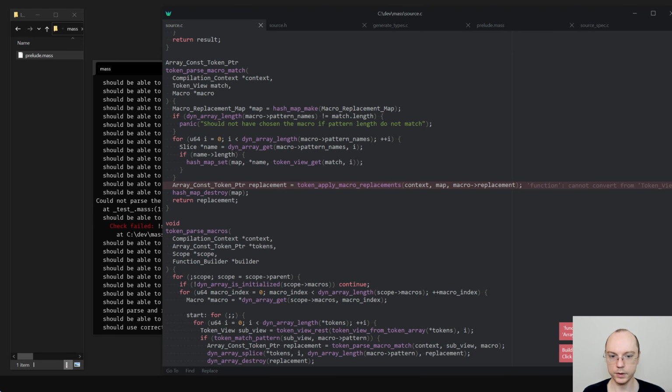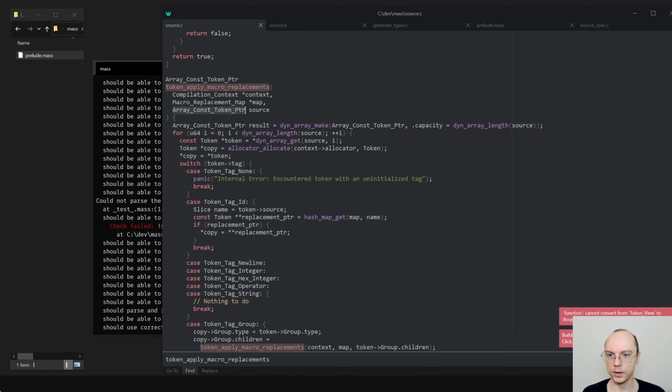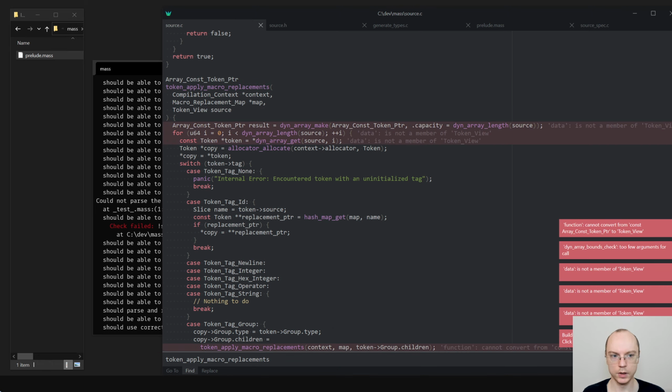And here, replacement, macro replacement. Token view source. Okay.